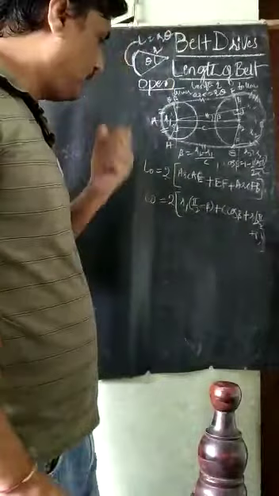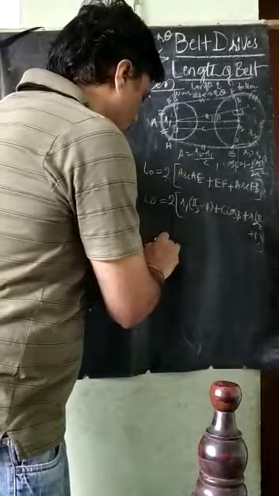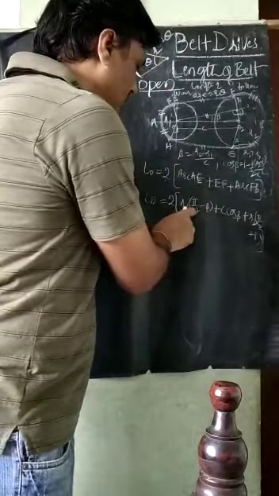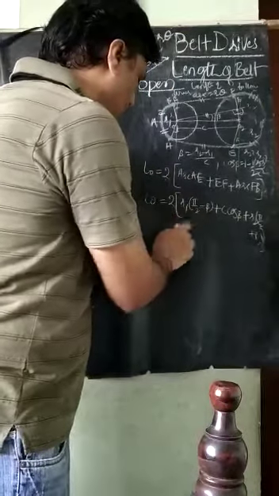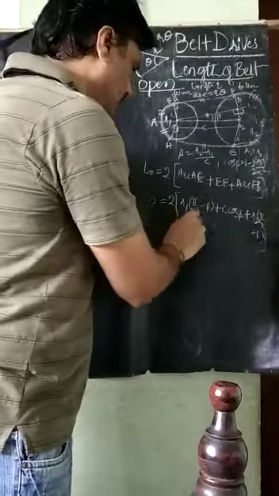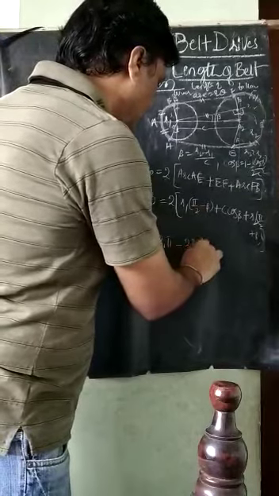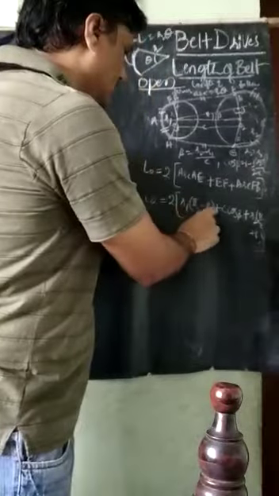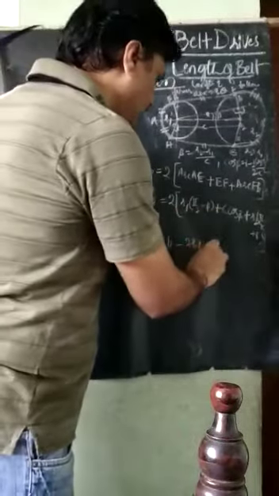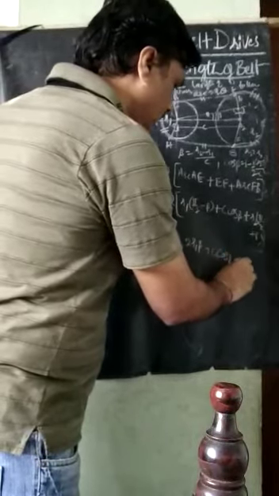I will expand this one now. LO is equal to 2 times R1 into pi by 2 here now. 2 will get cancelled here. So therefore R1 into pi, then minus 2 R1 into beta. These two terms are completed here now. Then plus C into cos beta, keep as it is.